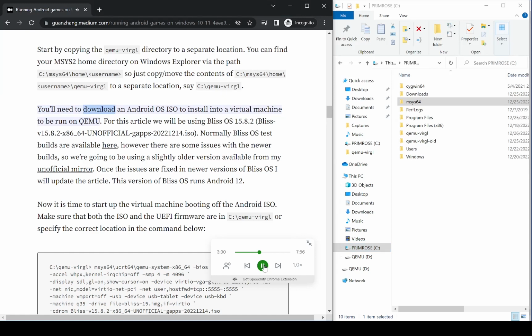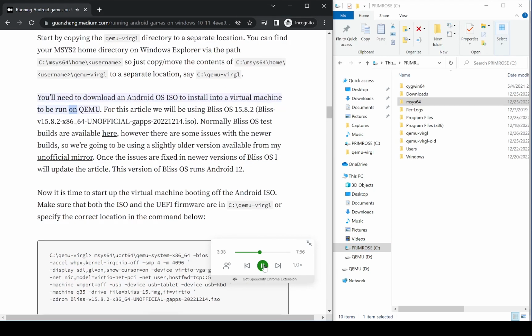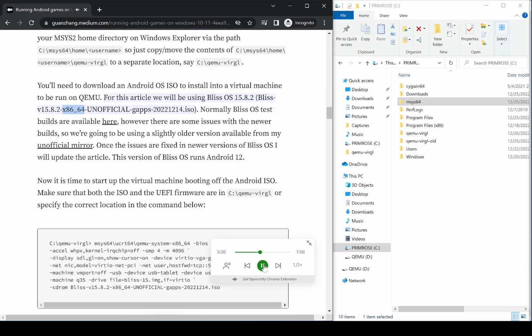You'll need to download an Android OS ISO to install into a virtual machine to be run on QEMU. For this article we will be using Bliss OS 15.8.2, Bliss v15.8.2 x86_64 unofficial GApps